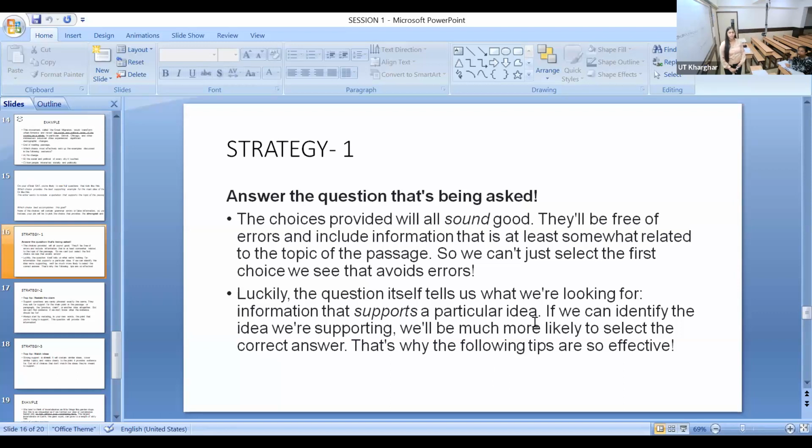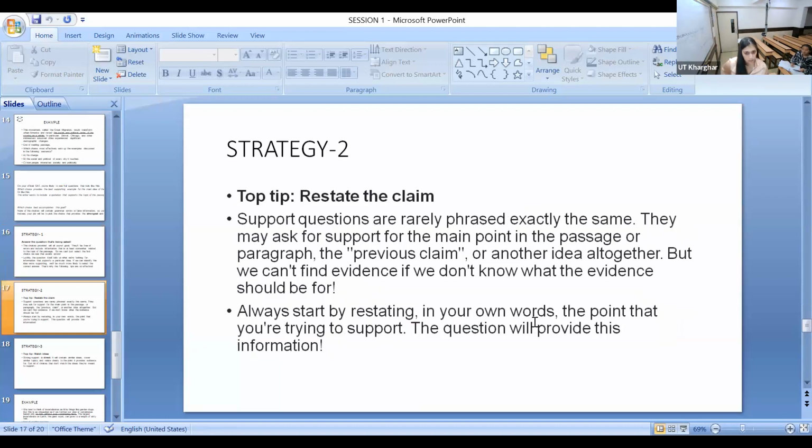Just write down information that supports a particular idea. Information that supports a particular idea. This is strategy 1. Now, strategy 2 is